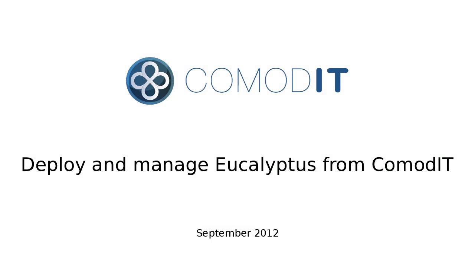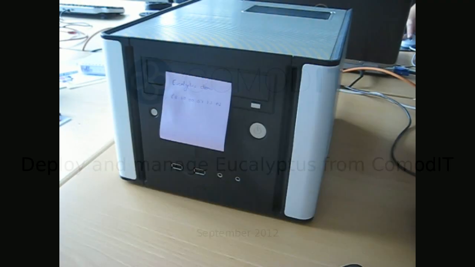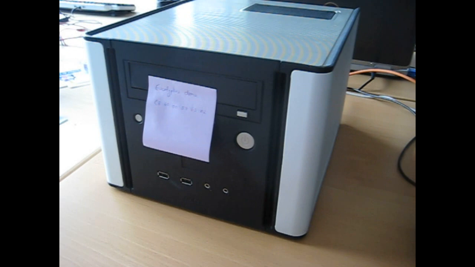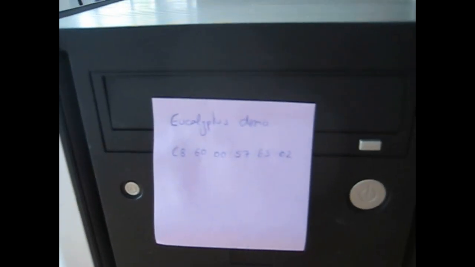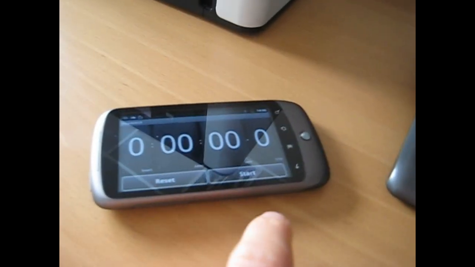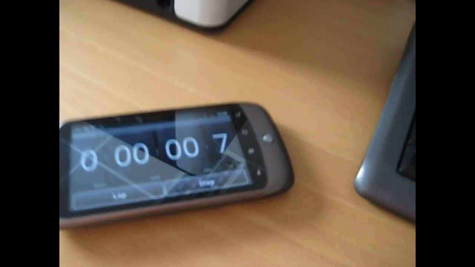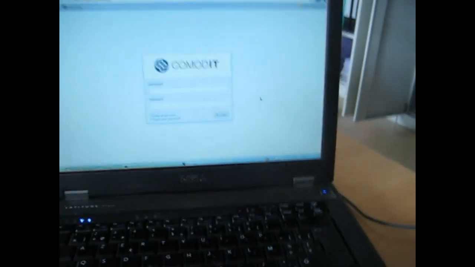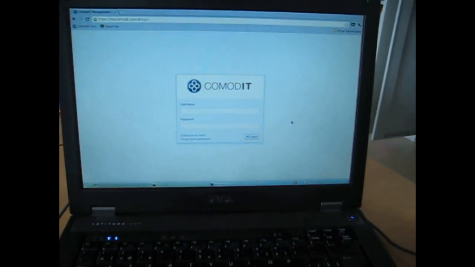In this demo, I'm going to show you how to deploy Eucalyptus on a physical server. So this is a small box we have in the lab. I've just written down the MAC address. I'm going to time this so we see how long it takes. What I want to do is to deploy a Eucalyptus server on this machine and then to deploy my first